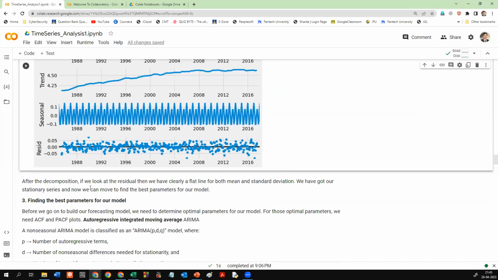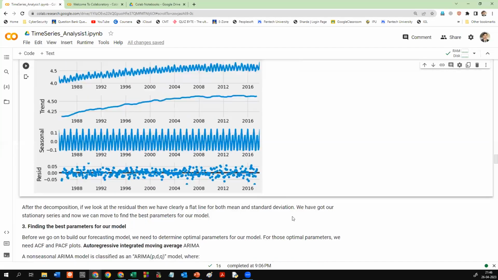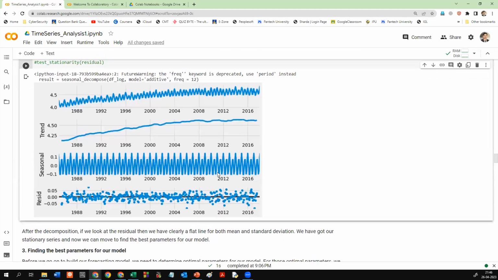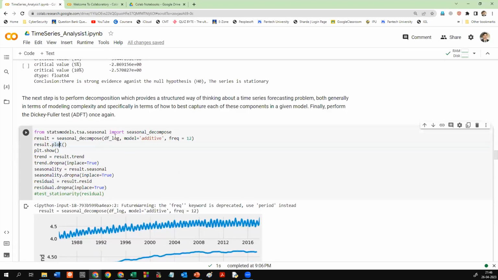After decomposition, we look at the residuals, where we should clearly have a flat line for both the mean and the standard deviation. So the mean and the standard deviation should have a flat line. We have got our stationary series, and now we can move to find the best parameters for our model. If you see the residuals, they are also very much on this line. And from the test that we have,